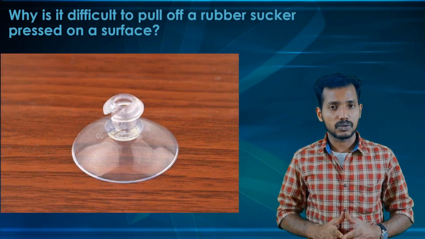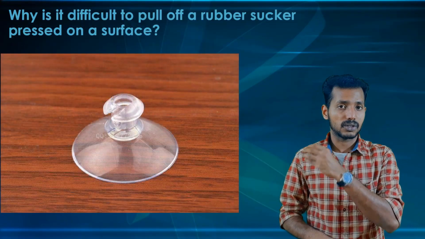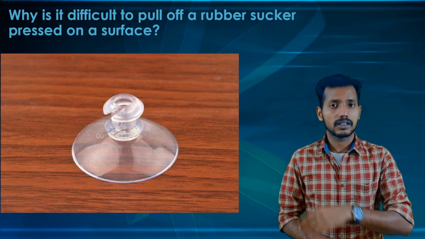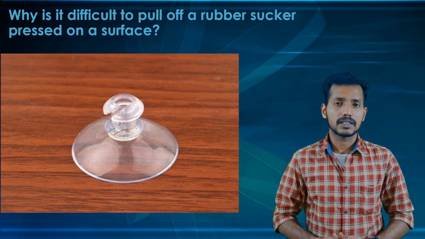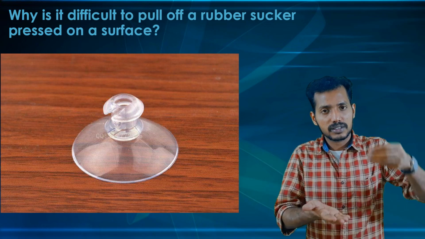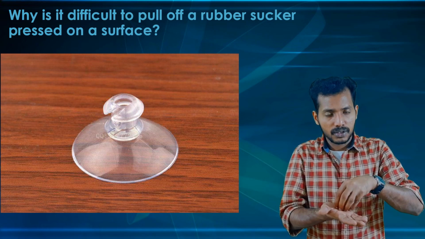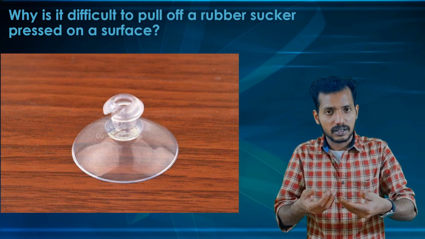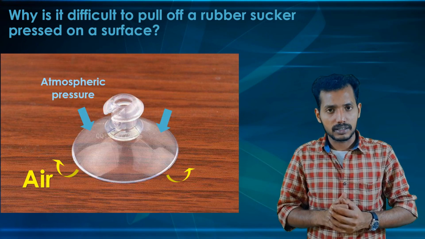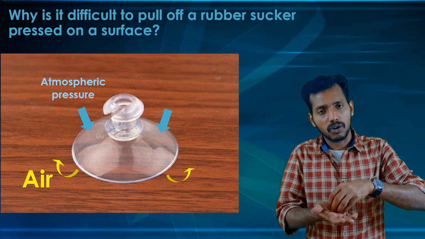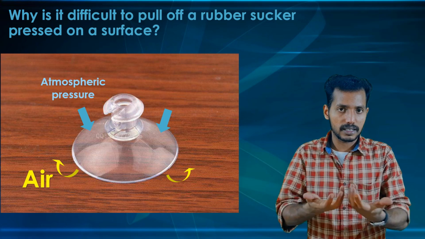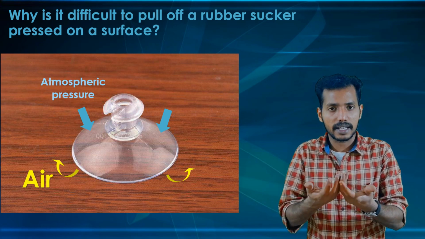Have you seen the rubber circles which are stuck on the glass portion of the wall in a textile shop? How is it stuck on the glass? It is purely because of the atmospheric pressure. When you press the rubber circle on the surface, most of the air between the cup and the surface will escape out, so that a small amount of air will be there. And the circle sticks on the surface due to the atmospheric pressure exerted on the circle, because inside almost all the air is removed.